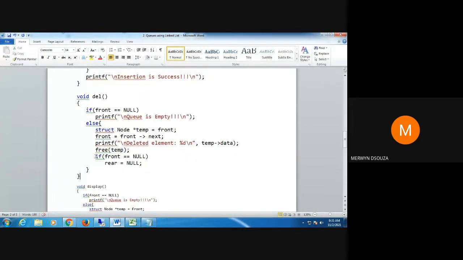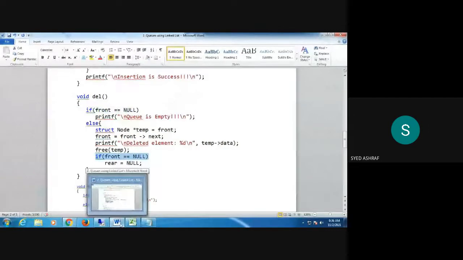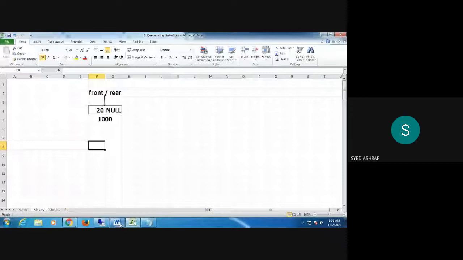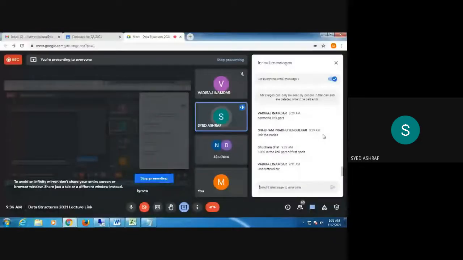Then after doing that, I check whether front is equal to null. Now, can anyone tell me what is the difference between this if front equal to null and this if front equal to null? Why is this condition placed here? What's the difference between these two ifs? The second one is for when we are deleting the first time, and the first one is simply for checking Q underflow. First one is for checking if Q is empty. Okay, and what is the second if condition for?